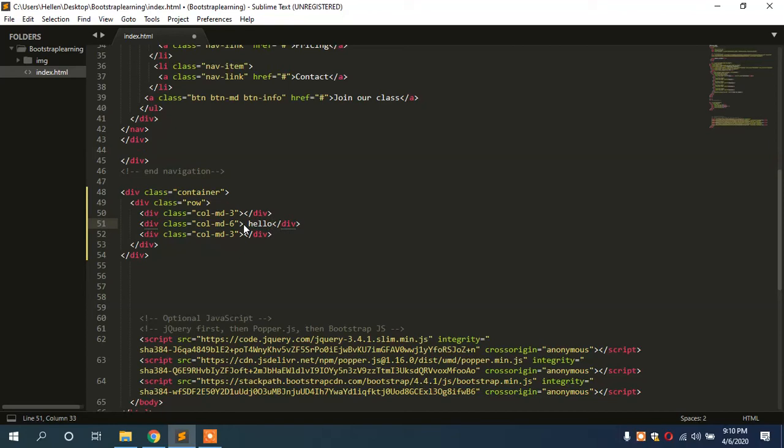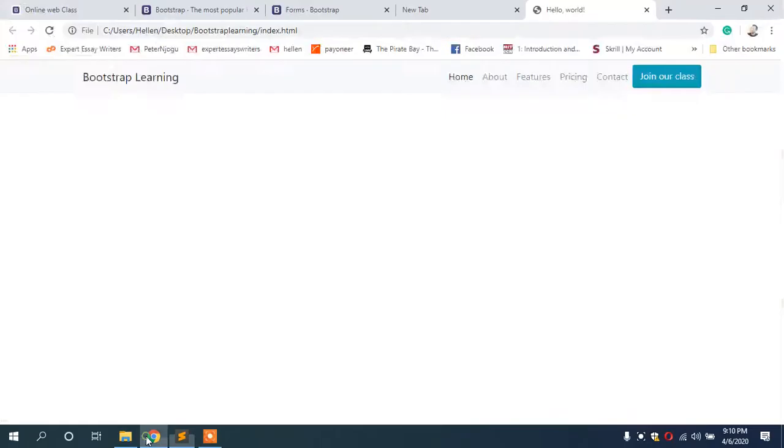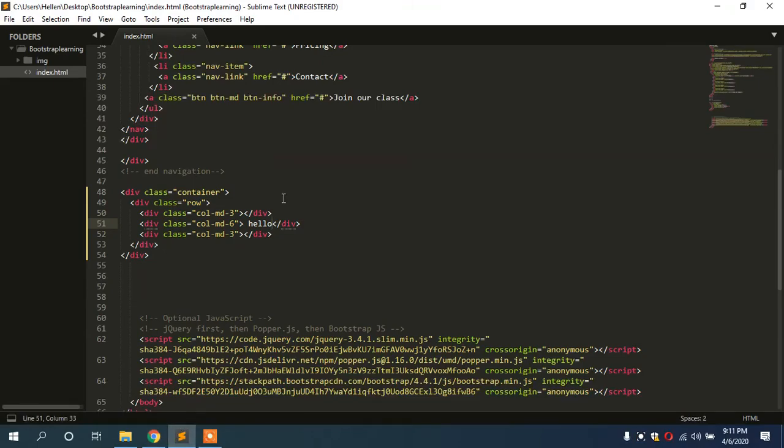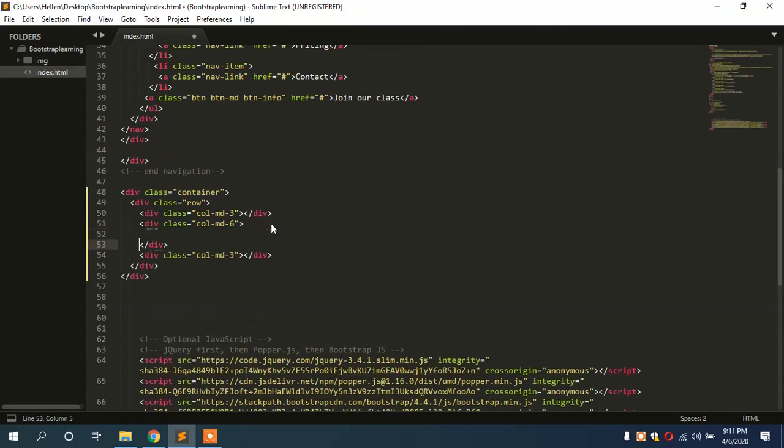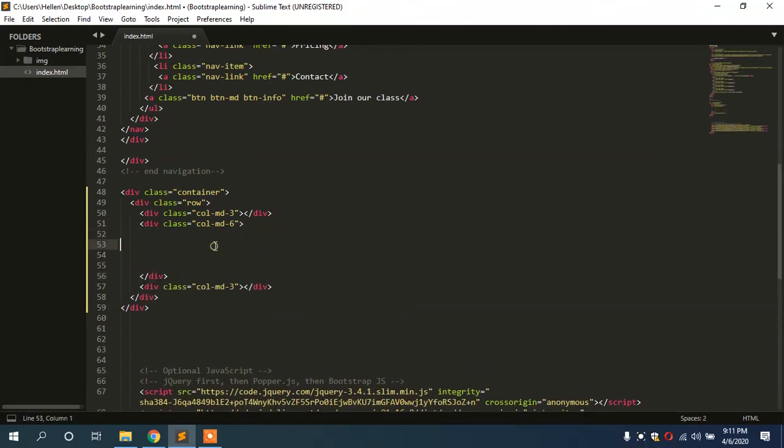So if we write anything here, it will appear to be in the middle of the page, like that. You see, hello. If we center this, it will come to somewhere like here, just the middle. So here there's 3 and 3 at the end, and the margins, because our main div here is container, so we have a margin at both ends. So inside this is how we are going to make our form, inside this div. So delete this hello and we do our form. So form,